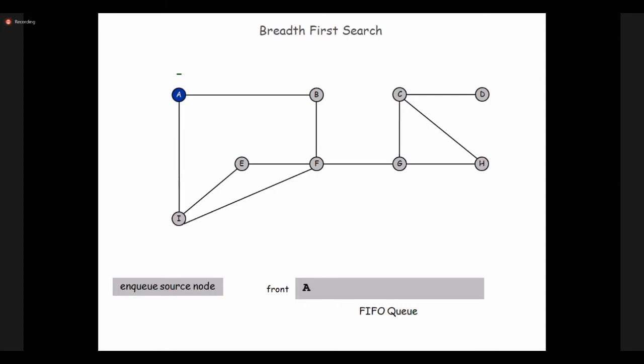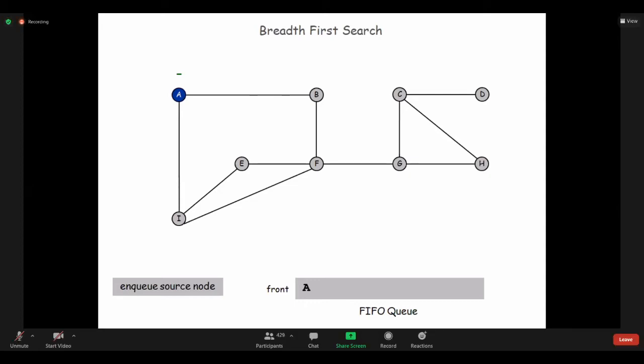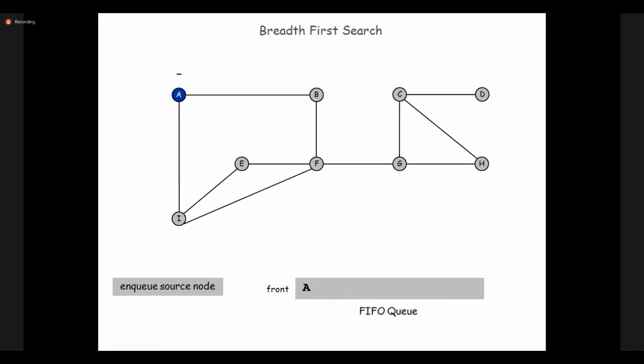From the given graph, I selected one vertex, A. You can select any vertex if it is an undirected graph, and it is an undirected graph. I selected a particular vertex A and inserted it in the queue. After that, what am I doing? What are the adjacent vertices for A from the given graph? I and B. B and I, or I and B, okay.